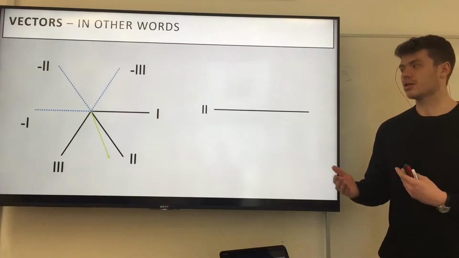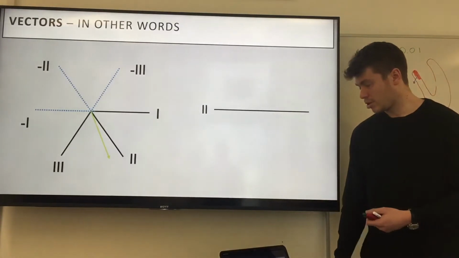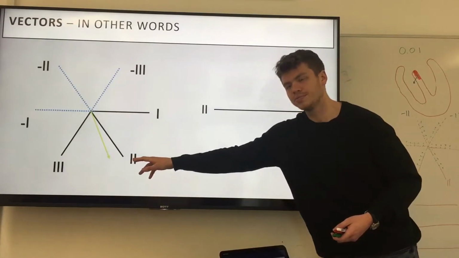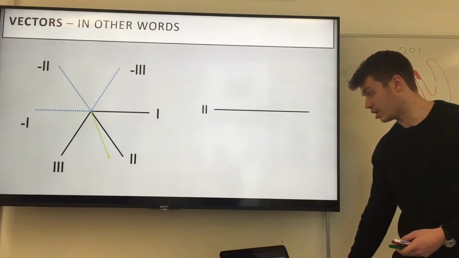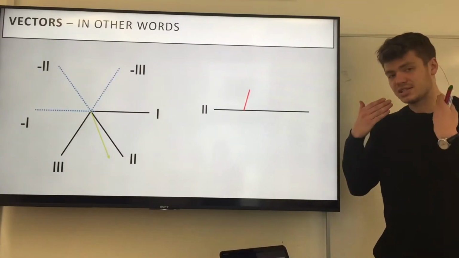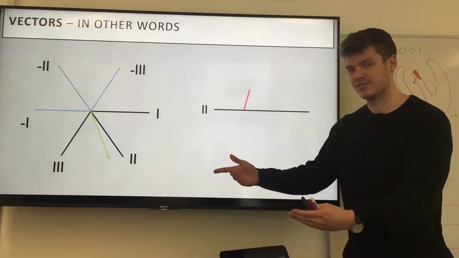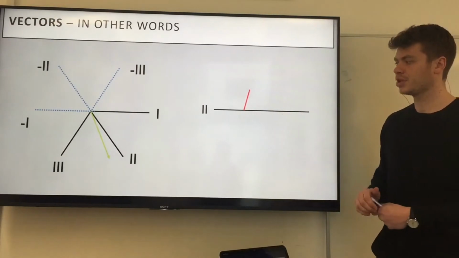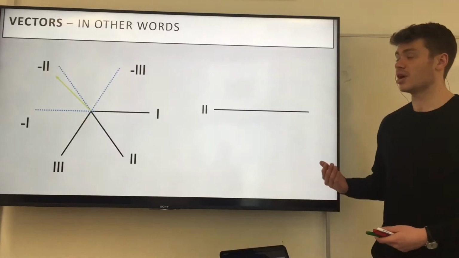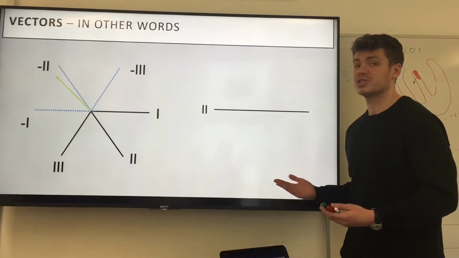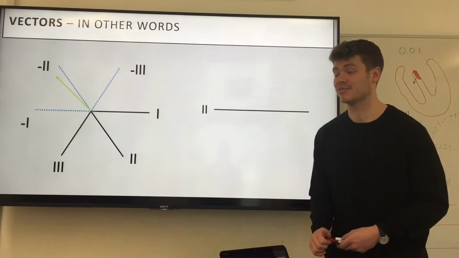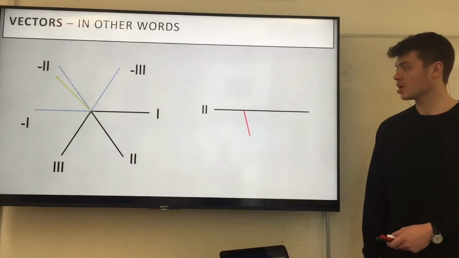So again, how does that link to the ECG? Well, because it's pointing towards the positive end of lead 2, on the ECG trace, it goes up. When this vector points towards a positive lead, it goes up. Another way to look at it is that if a vector is pointing towards the negative end of a lead, and you can see it here pointing towards the negative end of lead 2, it causes